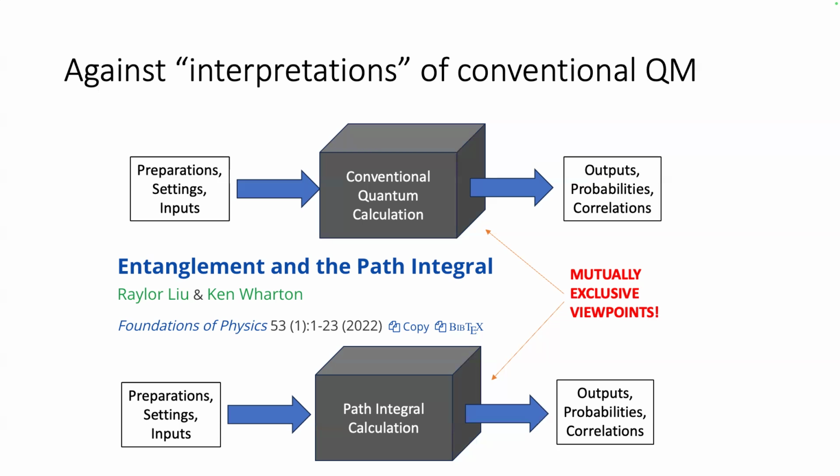You consider all the possible paths that a particle might take and all the things that might happen, and they're not in Hilbert space. They're in space-time. And then you combine them in this weird, crazy way and get the answer. So that's one difference. Another difference that we talk about in this paper is this case called entanglement swapping, where